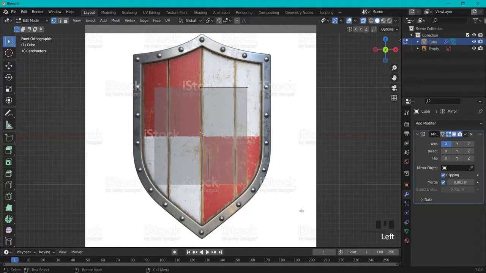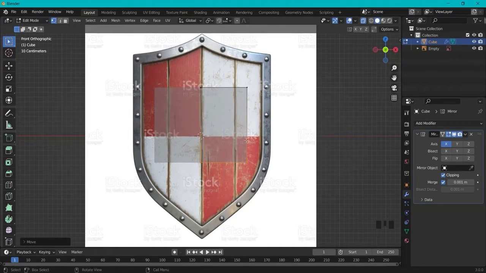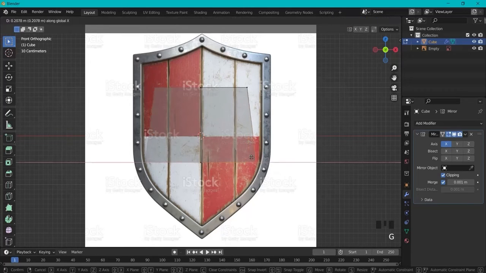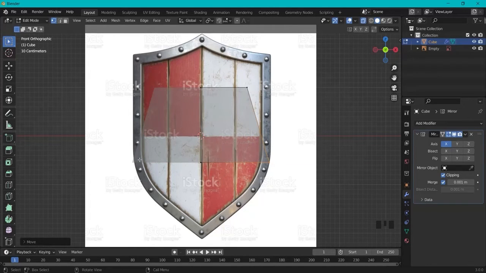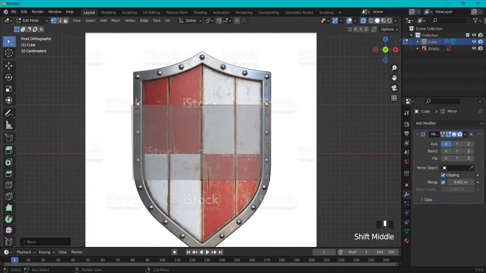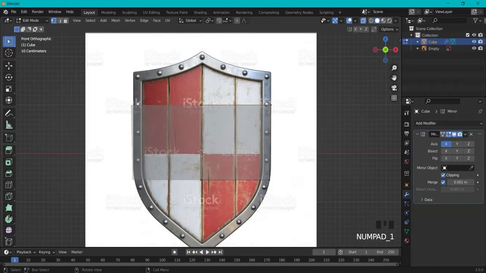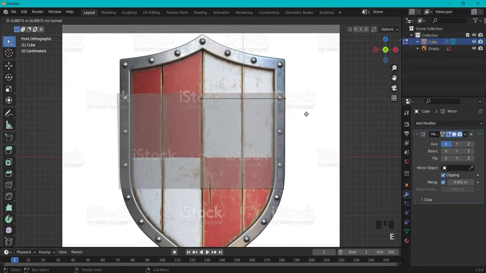Okay, now select the bottom half, G and then Z. And then I can GX, align these on the X-axis, as also happens on the other side. Same here, GX. And now let's finish our model. We can extrude and then align properly. So grab the vertices right here. By the way, I also do this in X-ray mode, so what happens on the front happens on the back also. Back to numpad 1, front view, E to extrude, then hit Z to apply it on the Z-axis, align